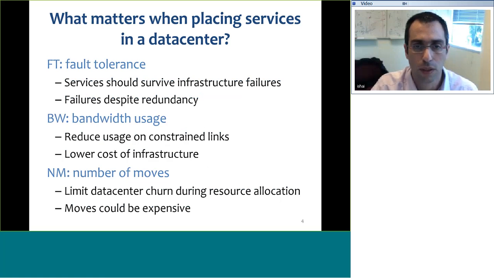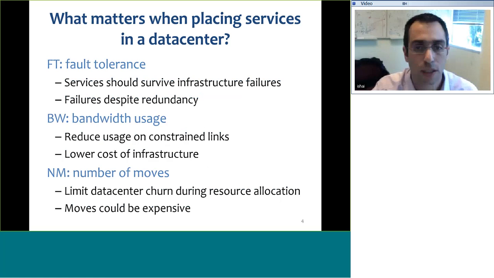So the story is as follows. In large applications such as Bing, there are internal services that need a certain number of machines. Let's assume that all machines are doing the same thing for that particular service. There could be a big service that needs hundreds of machines, or a small service that needs very few machines. And the question we are dealing with here is how to place the services in the data center.